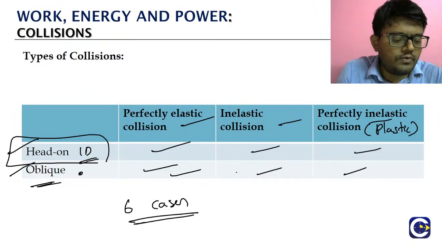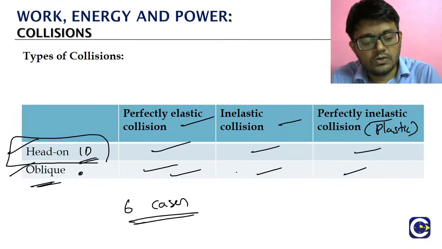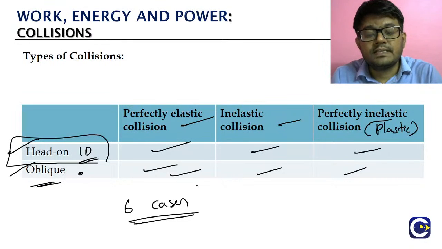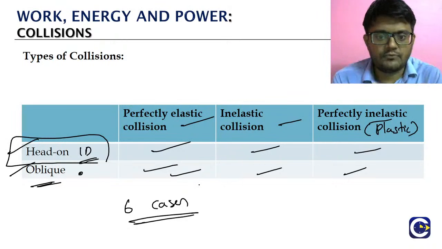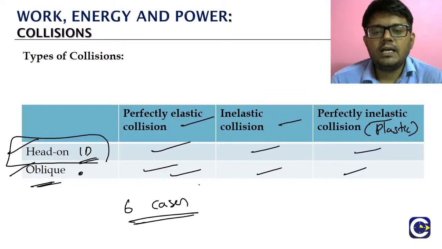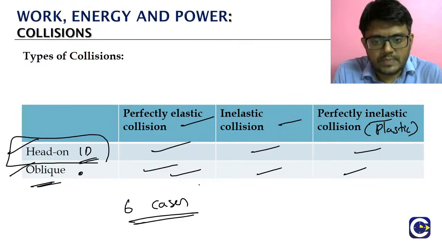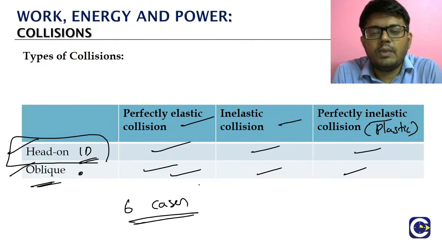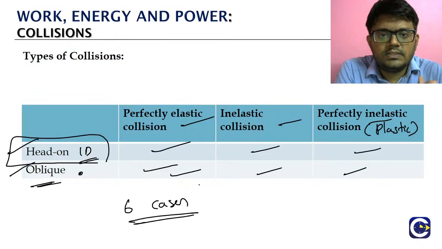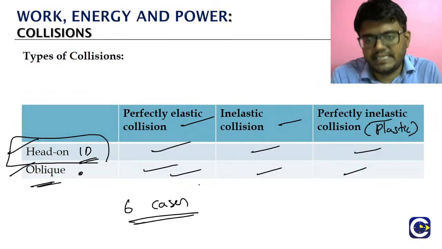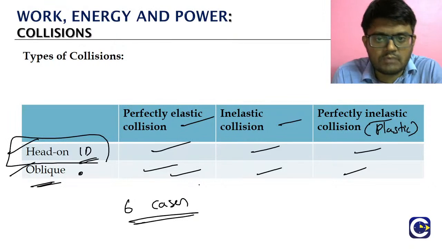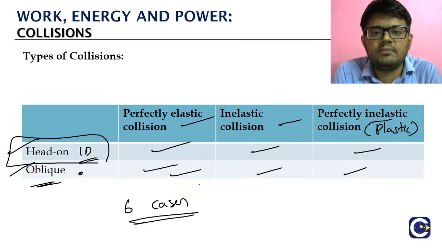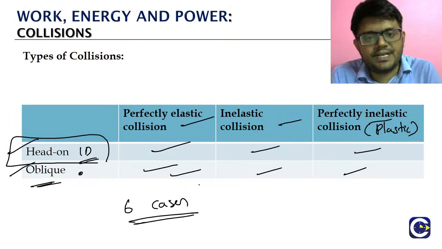Now before we go and discuss the types of collisions one by one, what we'll do is we'll go to each and every type of collision. We'll see how the conservation of momentum principle can be applied and how we will be able to understand the change in kinetic energy of the particles, if there is any. Otherwise if it is perfectly elastic, we'll have one more condition: kinetic energy initial is equal to kinetic energy final. So we'll see how these things will be applied in each and every type of collision.